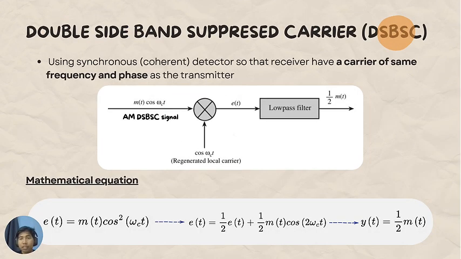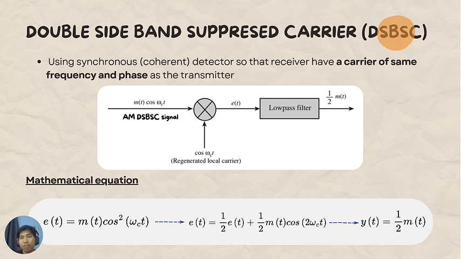For the DSBSC, to recover the original message, we use a synchronous detector. This requires a local oscillator to generate a local carrier that has the same frequency and phase as the transmitter. After passing the signal through a low-pass filter that removes the high-frequency component, we successfully recover the original message, which is half amplitude. For the demodulation of DSBSC, an envelope detector cannot be used because the missing carrier causes the signal phase to flip at zero crossing, which distorts the envelope and prevents the diode from correctly tracking the